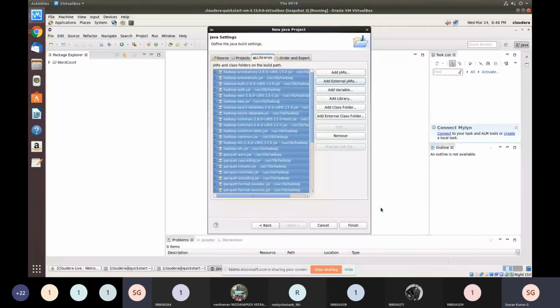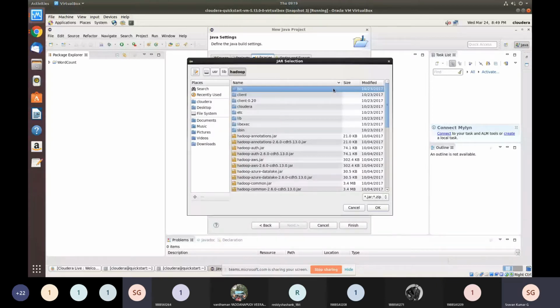Done. Now again you click add external jars. Now here you need to click on client. Under client, you select all jar files.